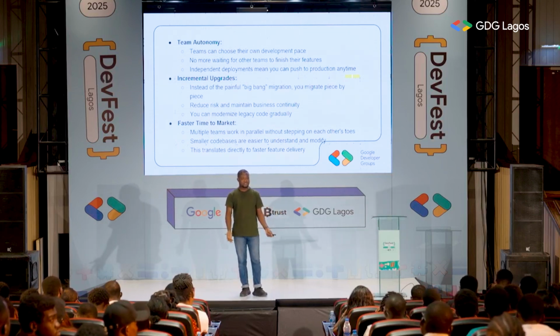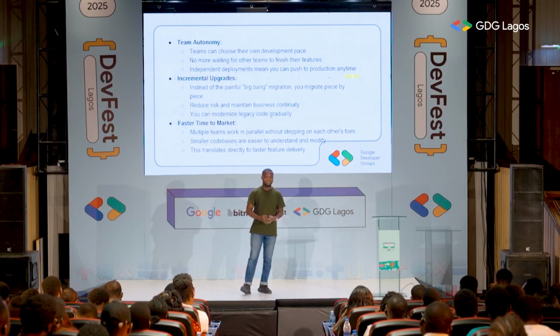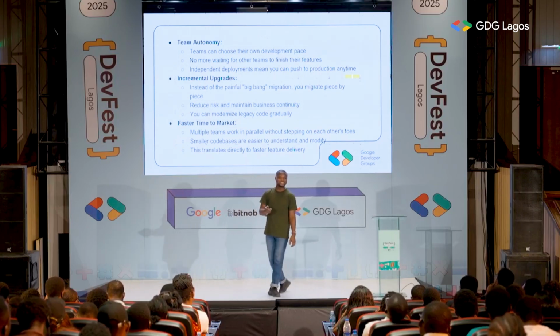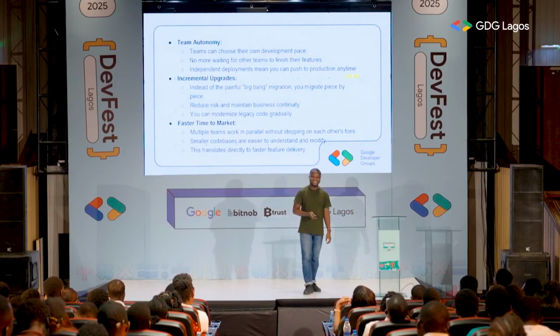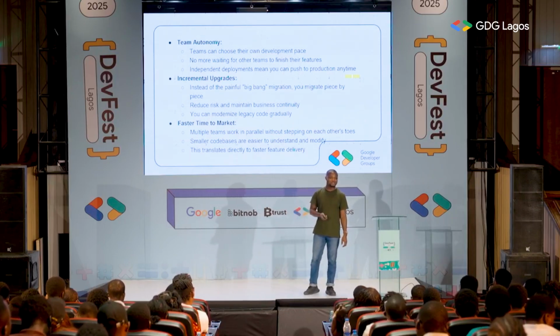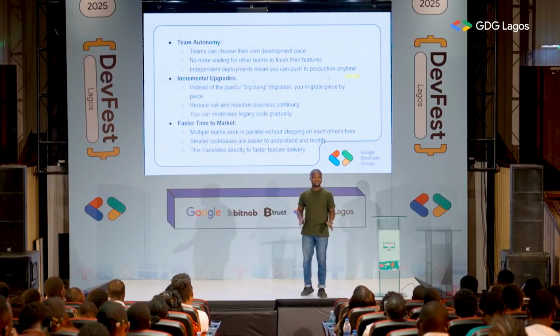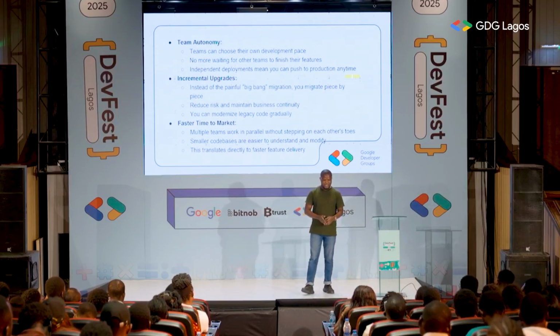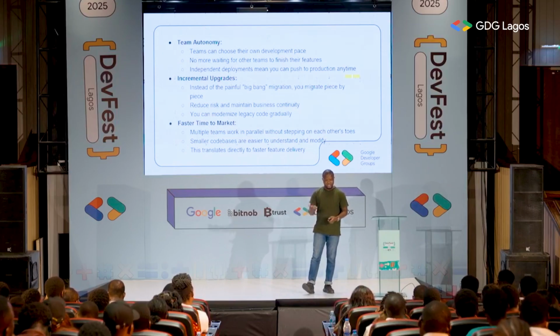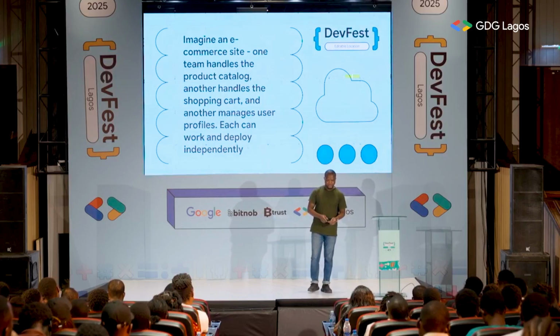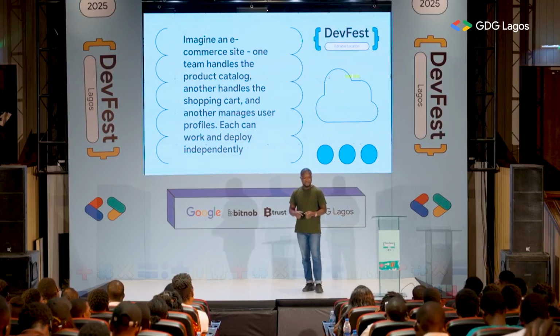By the time you are done with your feature, okay, QA, and shout out to all the QAs. I have a QA that I've been working with ever since. There's a slogan that we use for QA: they are paid to frustrate developers' life. They want to look for bugs for you. So by the time QA has tested your work, they can easily confirm that your work is good to go. So imagine an e-commerce site.